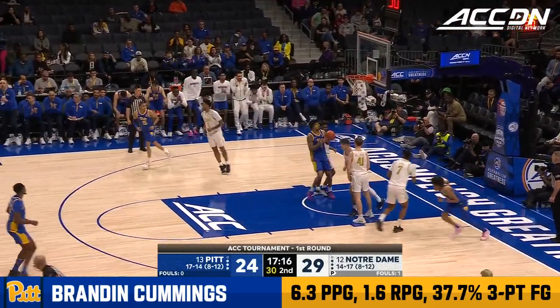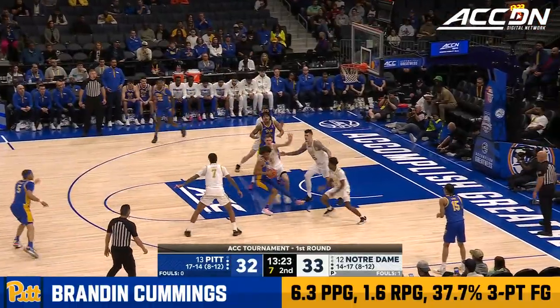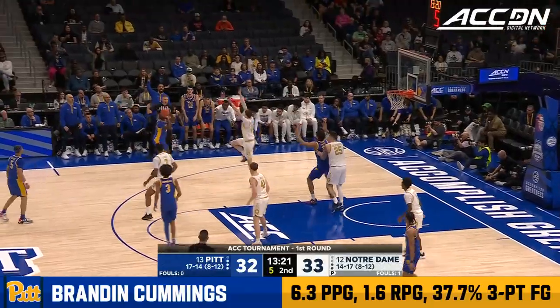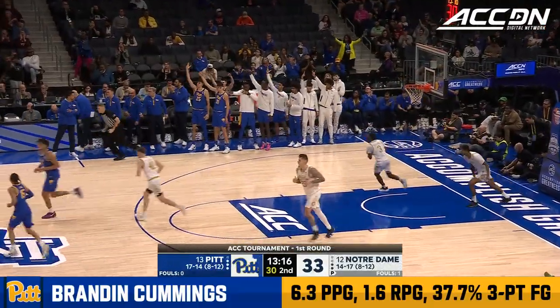have found their way to just 13, and there's a bucket for Brandin Cummings. His first against a lockout, but right into traffic and a kickback. Austin a triple. Zach Austin